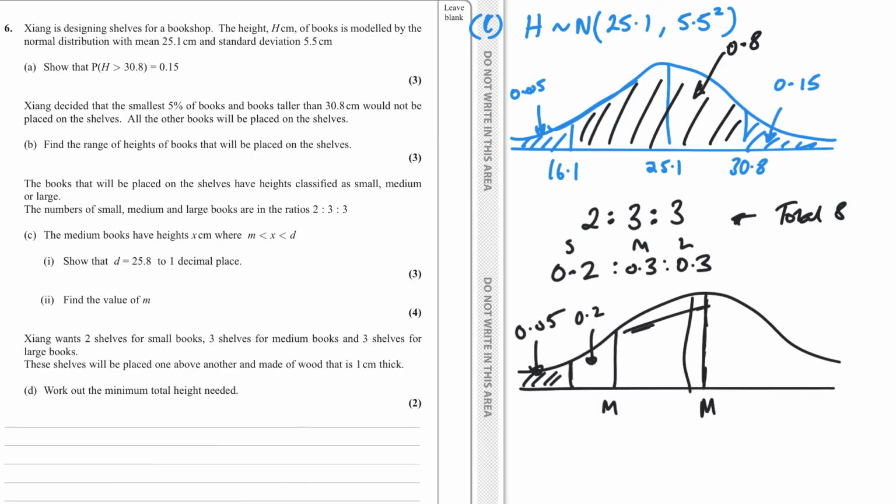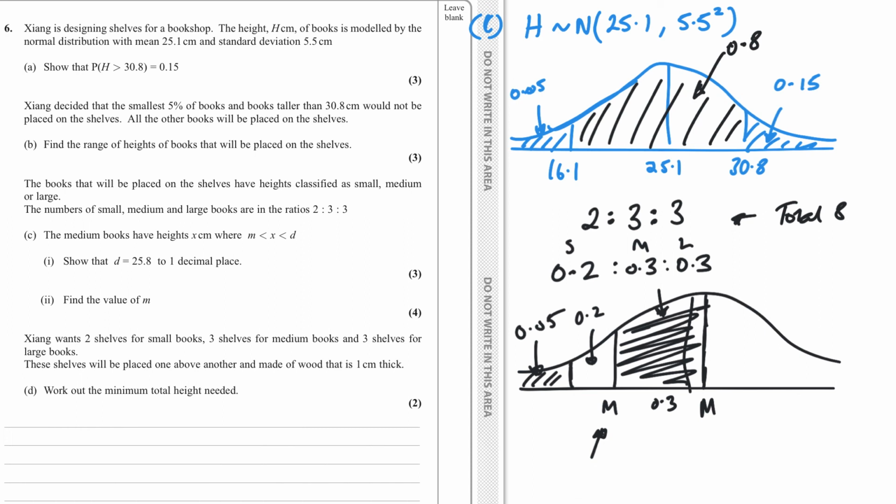So this section here is my 0.3, which is my middle. That's my medium. So if I'm looking at this one here, I'm looking at a value less than